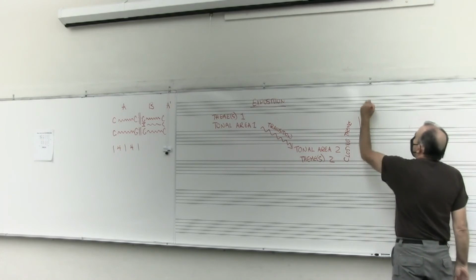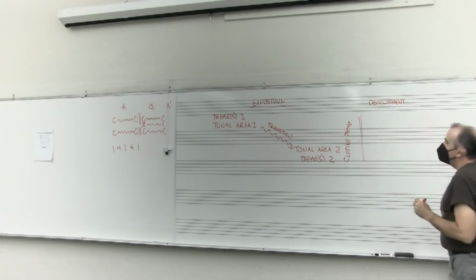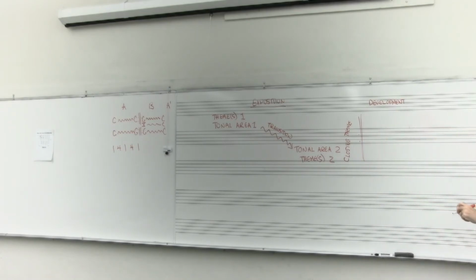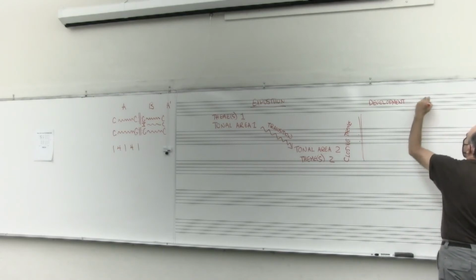Then there's a development section, which takes themes 1 and 2, new melodic material, and just develops them. Very typically stated at different pitch levels, transposed, in new keys, round the circle of fifths, all different kinds of possibilities. And then, in the recapitulation,